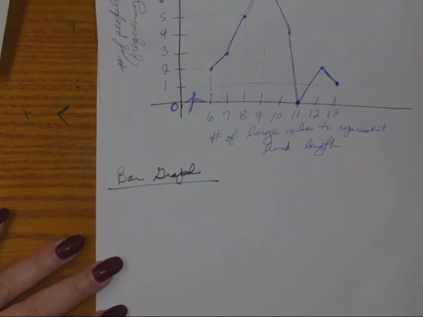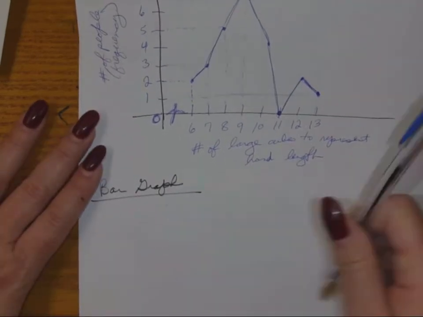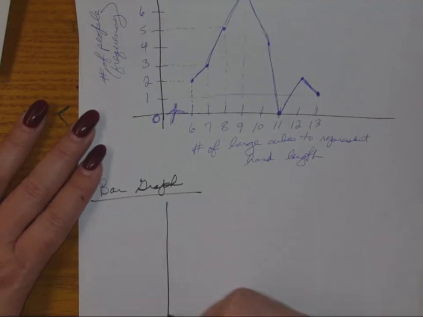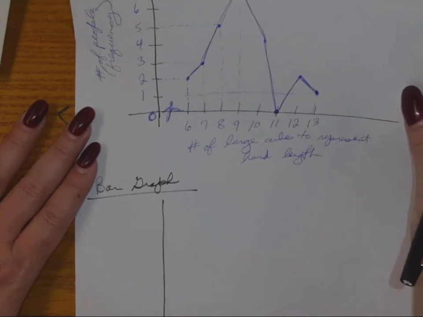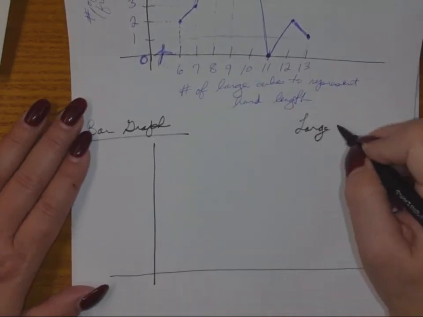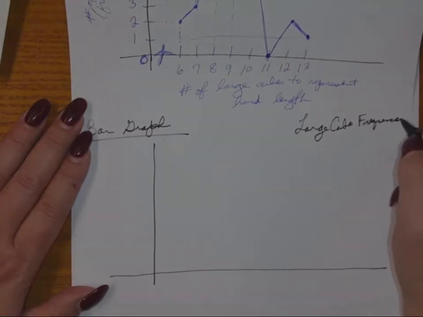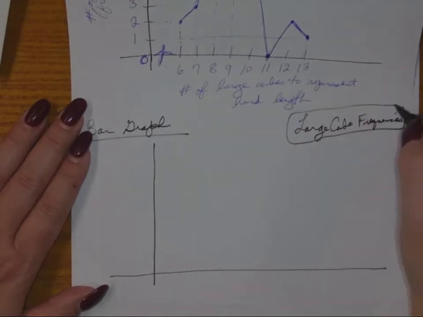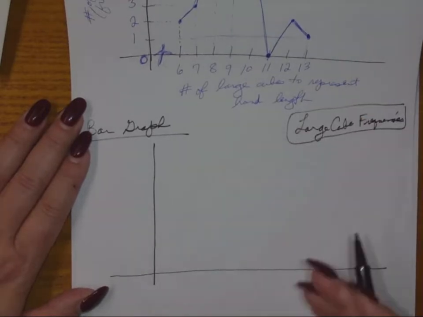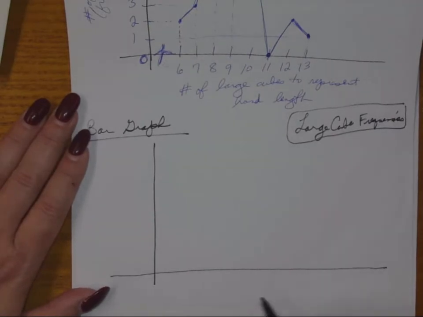Let me do one for this so we can compare. It ends up looking very similar. You have the 2 axes. You still need to give a label for the thing: large cube frequencies. It's still going to be the same data that I'm representing, so I'm going to use the same title, but this one's going to be a bar graph instead of a line graph. I still need to label my axes, so I'm going to say number of large cubes